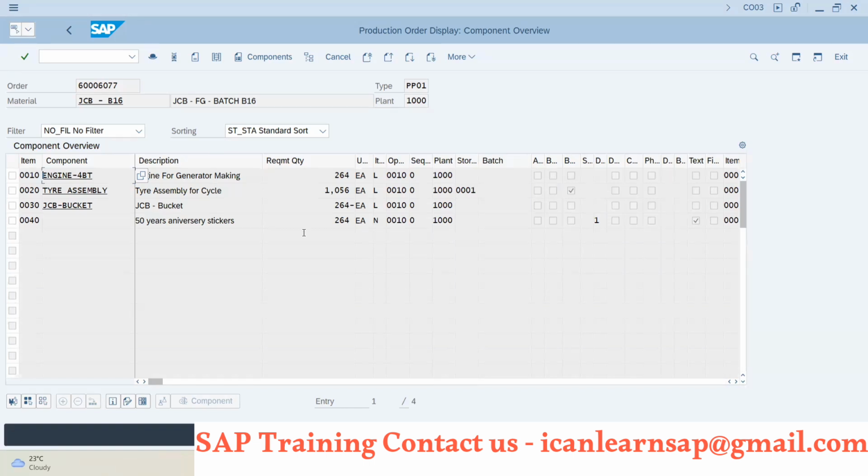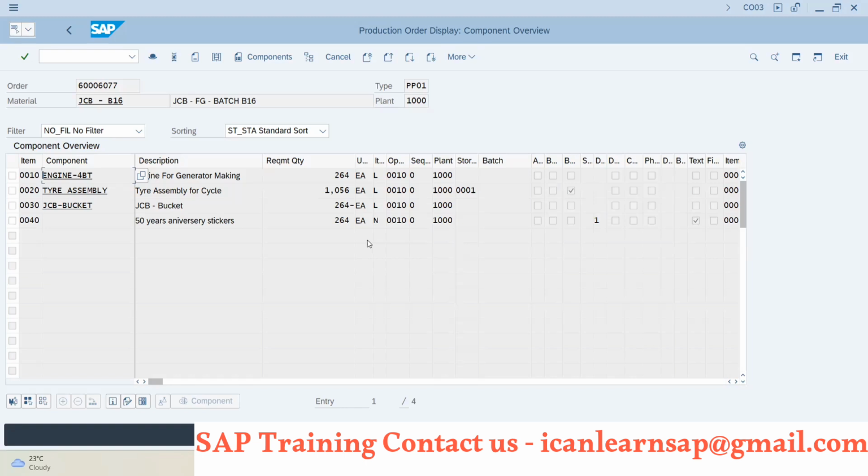This reservation remains open or active as long as the production order is active. Once you close, cancel, or delete the production order, the reservation will be wiped out and automatically cancelled.